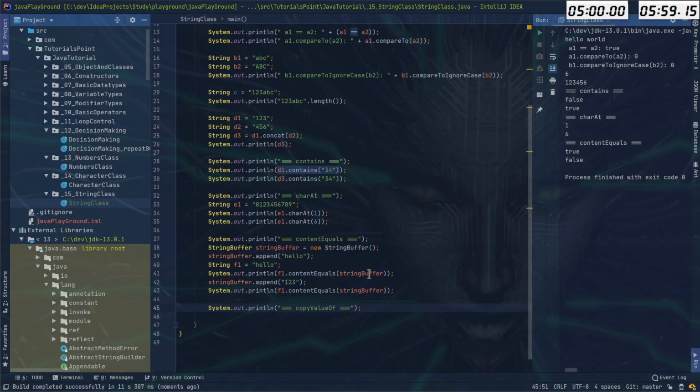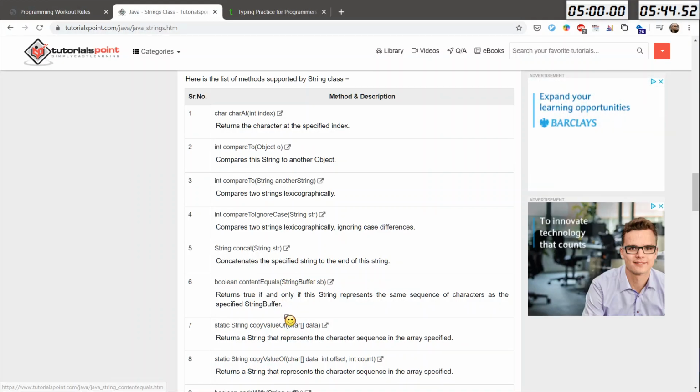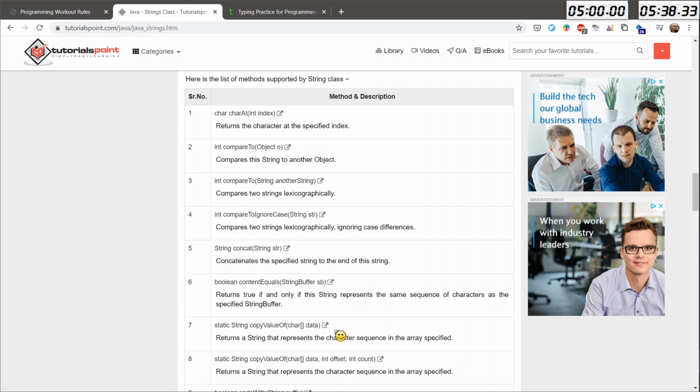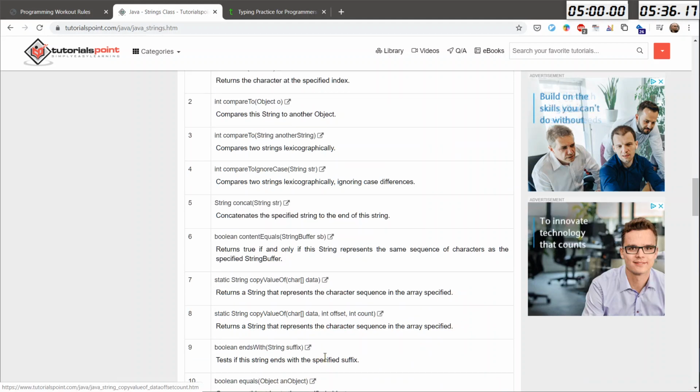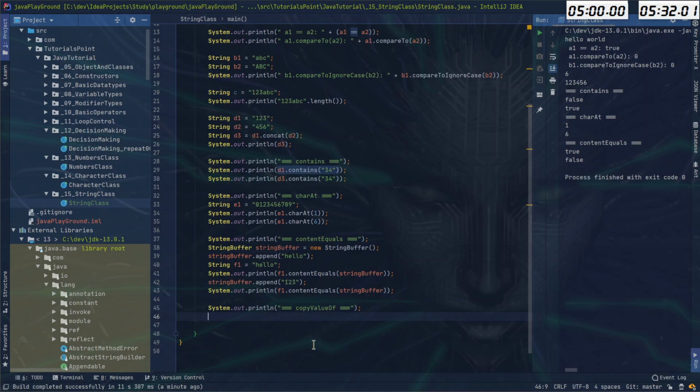And here we've got true and here is false, so that is correct, of course. Now the copy value of is something which I don't know what it is. Char data strings as represents the character sequence in array specified. Okay, and then we have another thing,